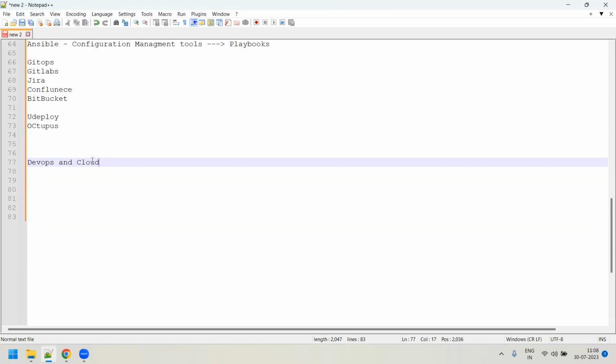But you will not be replaced if you keep updating yourself with current technology and all the new upcoming technologies. Then definitely you will stay in a job. These jobs will keep you in the industry for the next 10 to 15 years, but please make sure that you keep updating yourself. Never stop learning. Clear, guys? Yes, sir.